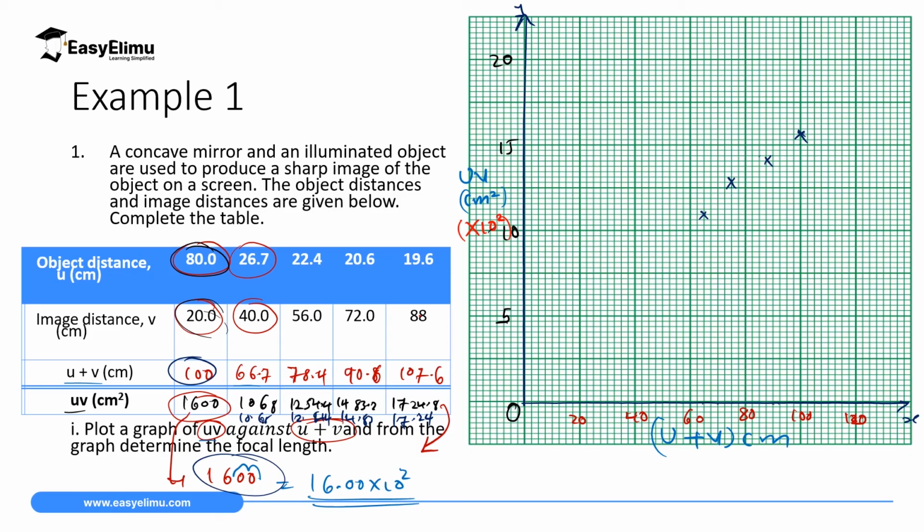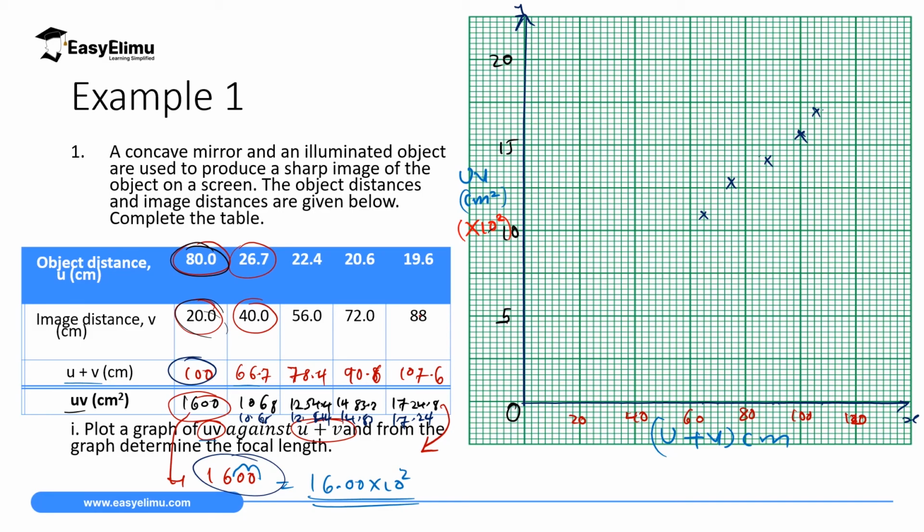Then the last one is 107. This 107 is somewhere here. Then in 107, we have a corresponding value of 17.24. So we'll move up, then we'll get to 17.24, somewhere here. This is 17.24. So now after that, what we do, we will join this graph